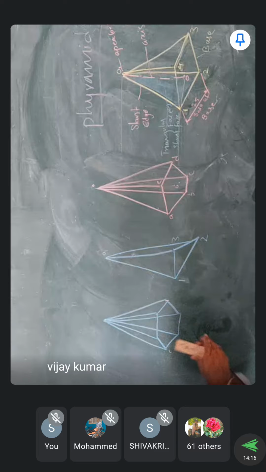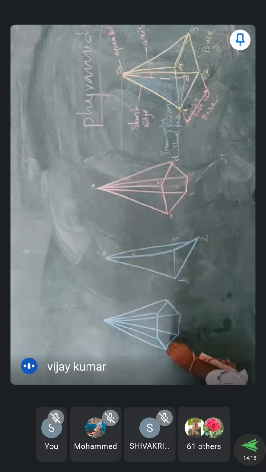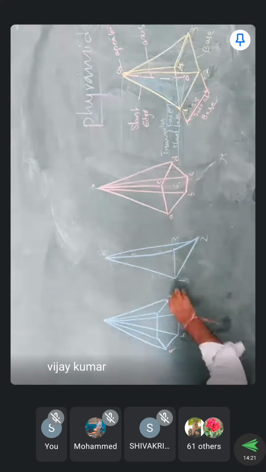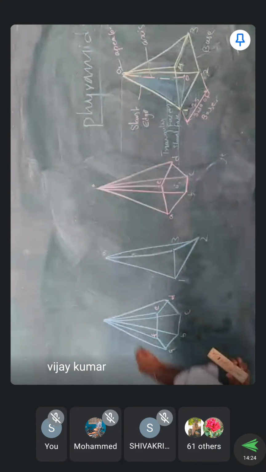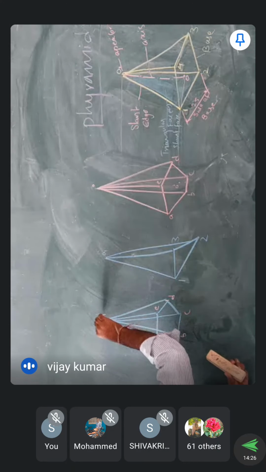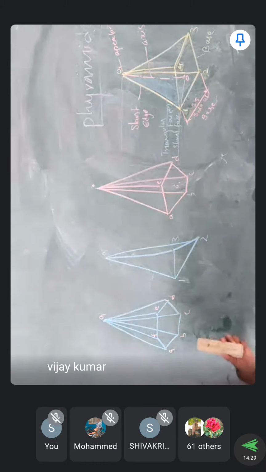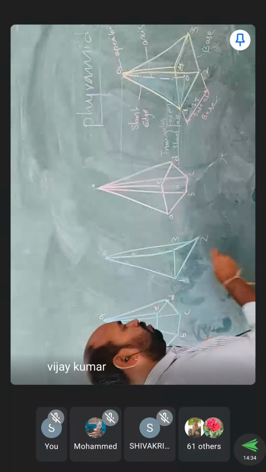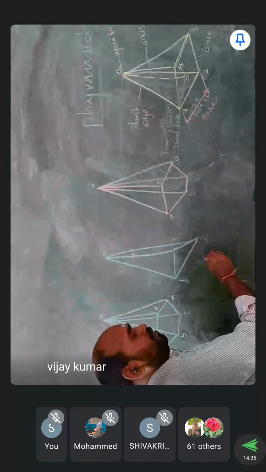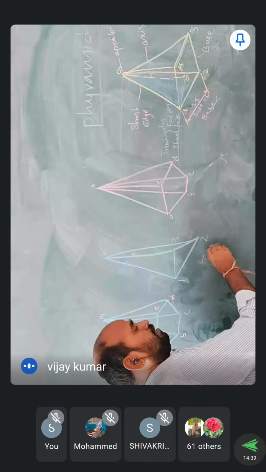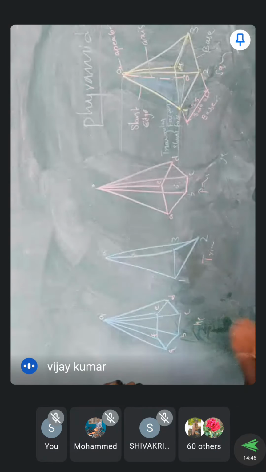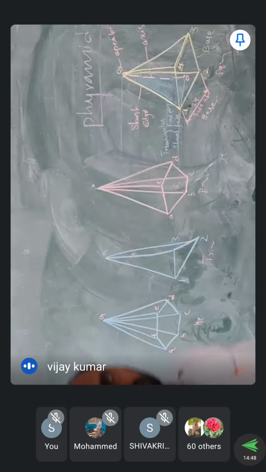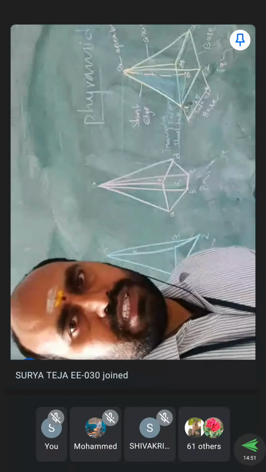Hexagon means the bottom face is a hexagonal shape, with A, B, C, D, E, F. So these points are all joined at the apex point only. Now if he wants to ask any question, it is only possible on a triangular pyramid, square pyramid, pentagonal pyramid, and finally a hexagonal pyramid. He will ask only these solids. He will not ask any other pyramids.